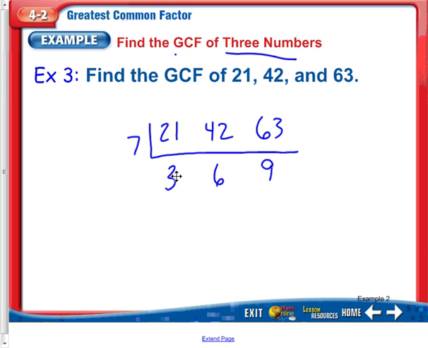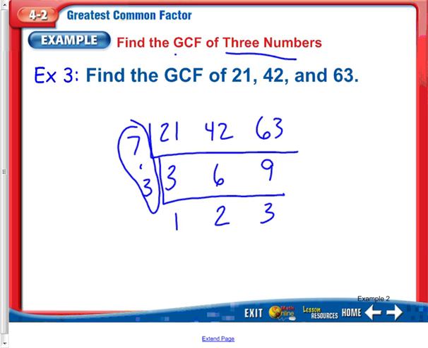Now I'm left with the numbers 3, 6, and 9, and I know that I can put a 3 in all of those numbers. So I'm going to break this down one more time. So this is once, twice, and 3 times. So 3 divided by 3 is 1, 6 divided by 3 is 2, 9 divided by 3 is 3, and now 1, 2, and 3, I can't do anything with those numbers. So my greatest common factor is this number right here, which is 7 times 3, and so my GCF is